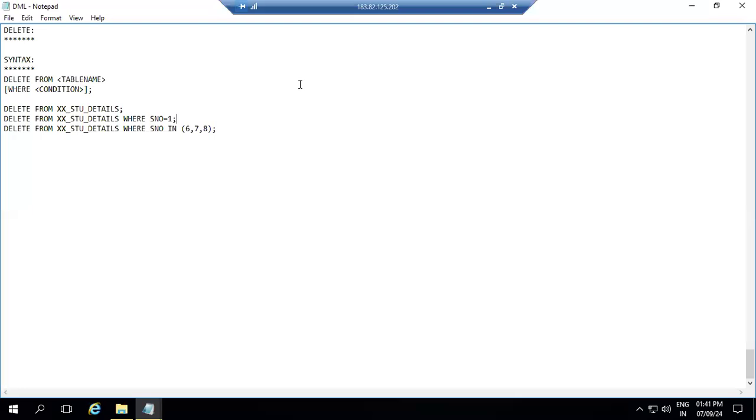Next we have the delete command. What do you mean by the delete command? Delete is used to remove a single row, and it is also used to delete the data in the table. The syntax is delete from the table name. Previously we created one table. So if you use delete from the table name,